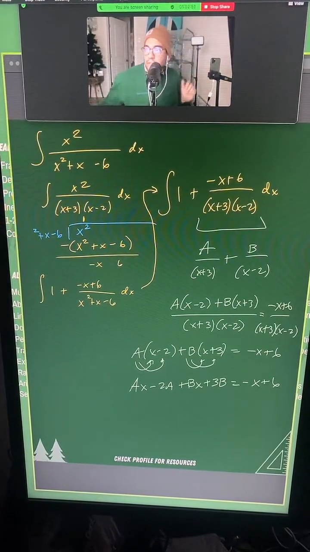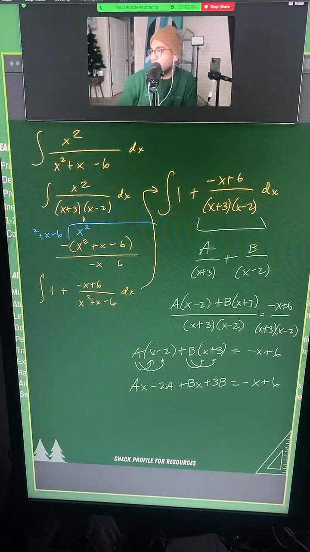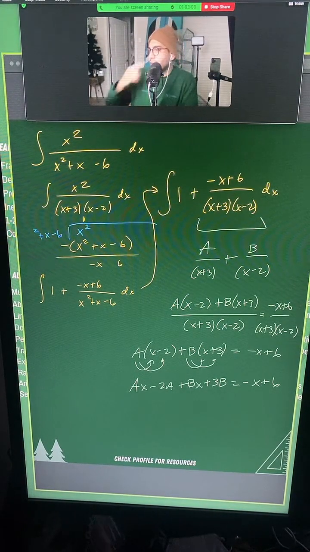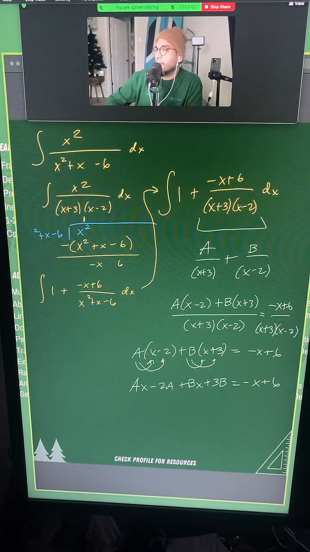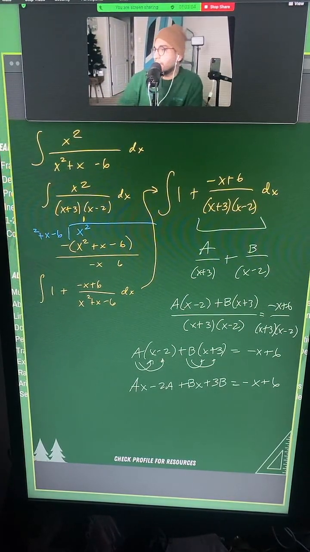Okay, someone said they couldn't see the right side. Hopefully that kind of helps. The term for b, I think it was x plus 3, right? Did I fix that? Let me know if I fixed it. Okay, cool. Just making sure.